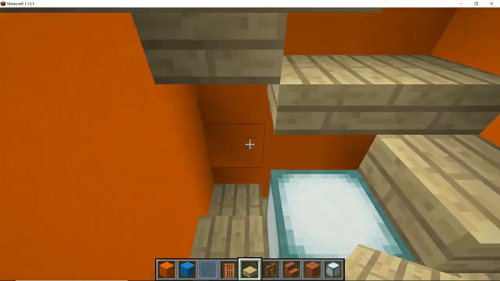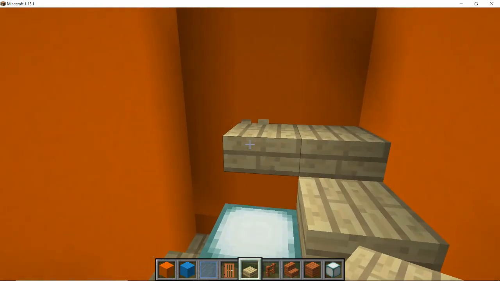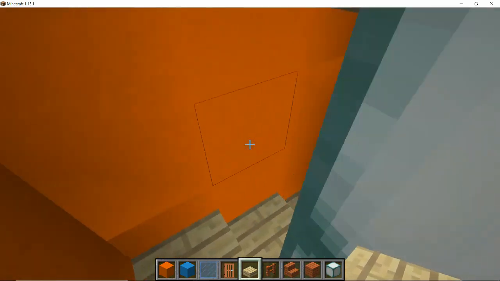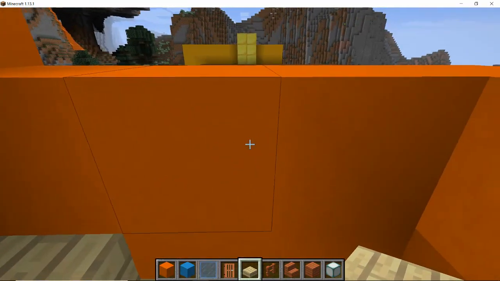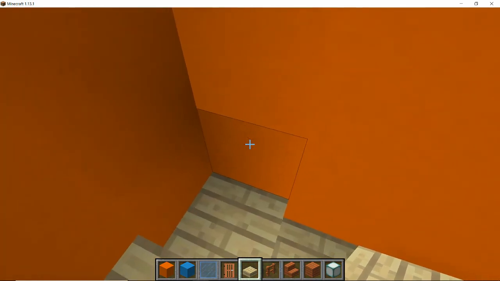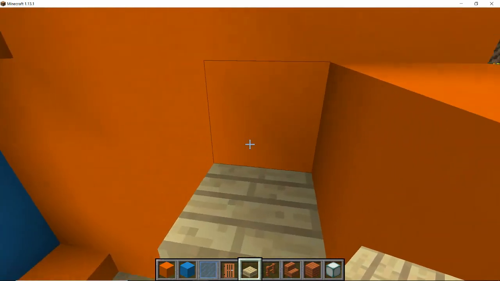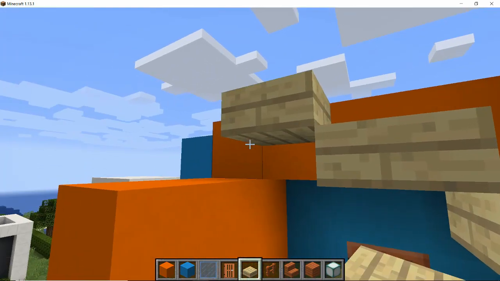Let me see. We're going to want to make sure that we can get up and down it there. Yeah, that'll work. Right, so what I'm going to do is I'm going to add a cube. Do you know what? I think I'm going to add it here, out onto the front, and then we're going to keep going up and around,